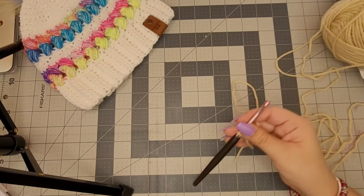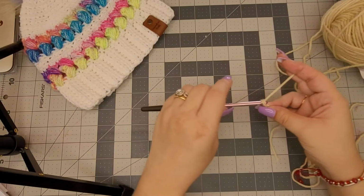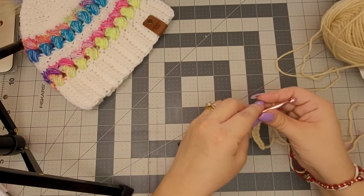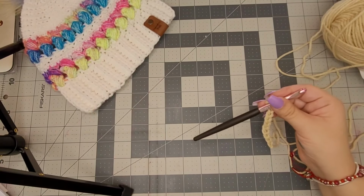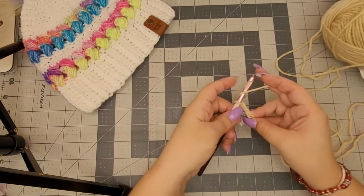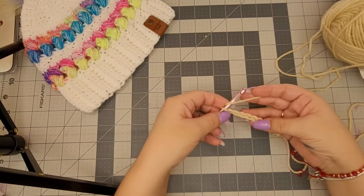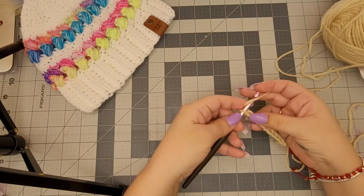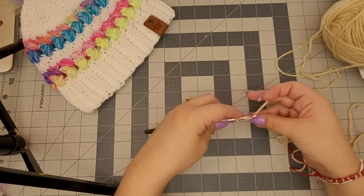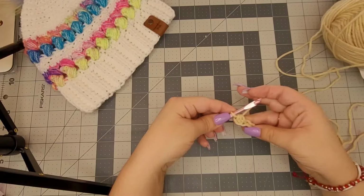Okay, so you're gonna go ahead and chain 9. 1, 2, 3, 4, 5, 6, 7, 8, 9. And we're gonna work on this band part here. So you chain 9, we're gonna do 1 half double crochet in each of the chains that we just made. So we're gonna skip this one, yarn over, we're gonna go into the second one, yarn over, pull through,